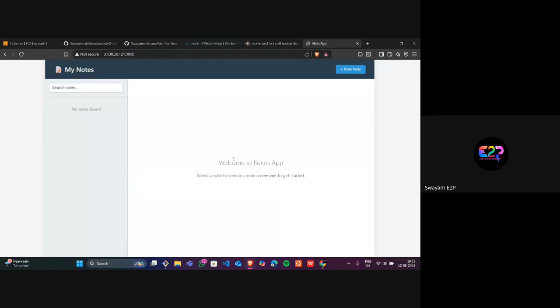Now this is a simple Notes app. It does not have any kind of backend or front end. This is the container also. See, this is the Note app. Now, what is the main